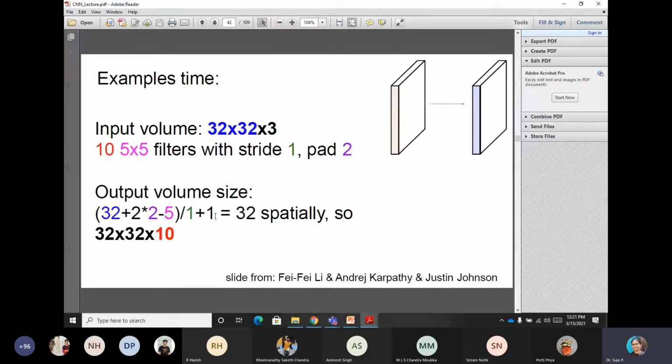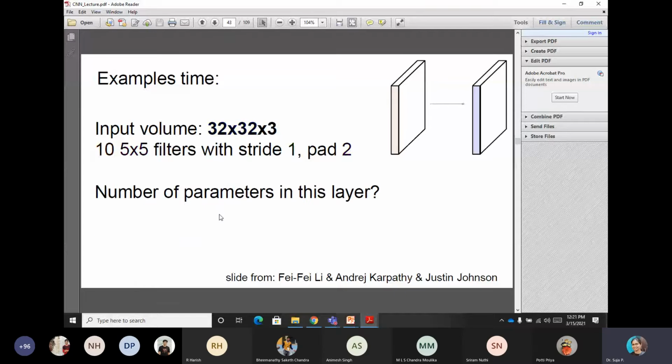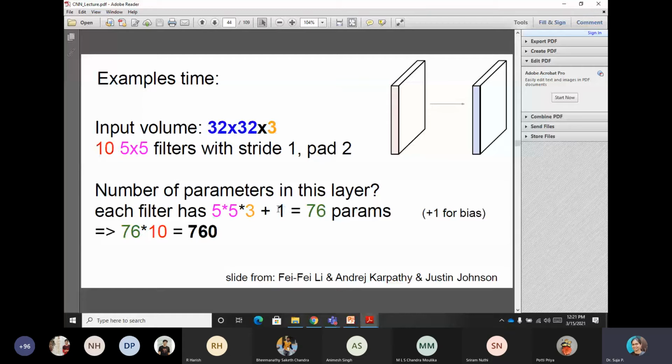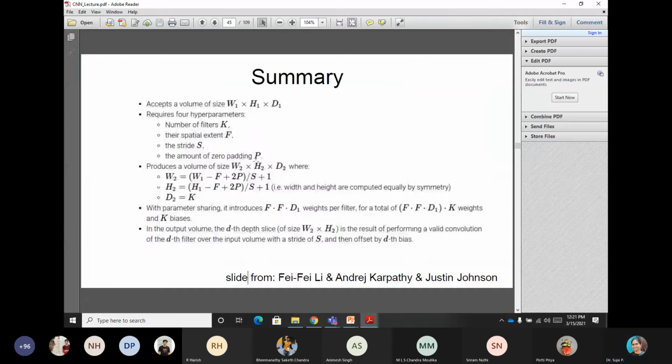Whereas this 1 is simply added for the output volume size, while calculating the parameters this one represents the bias. It is mentioned here: plus 1 for bias. And this is the general formula.